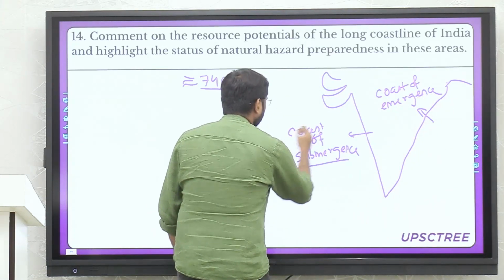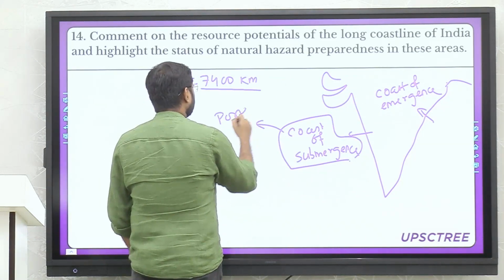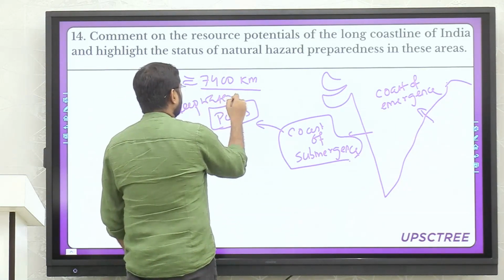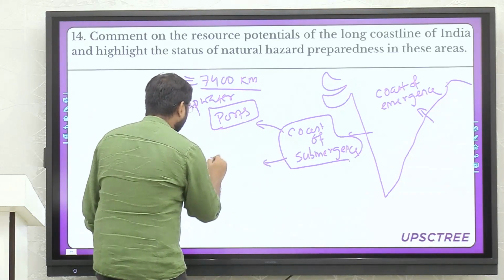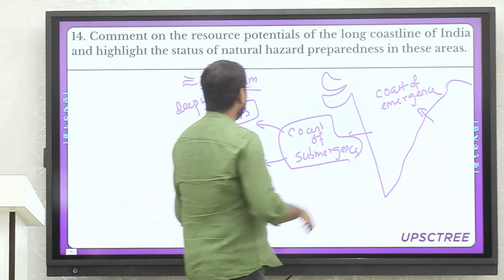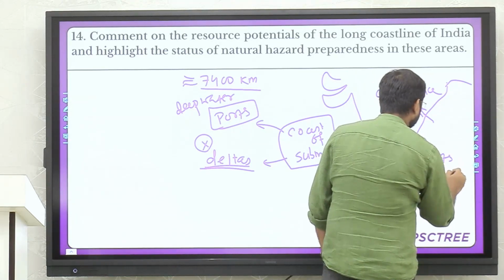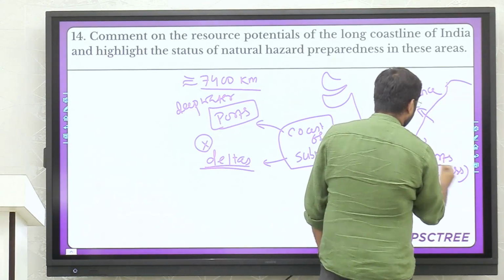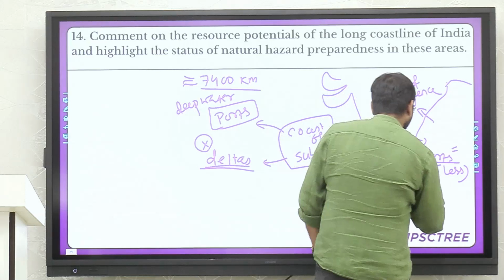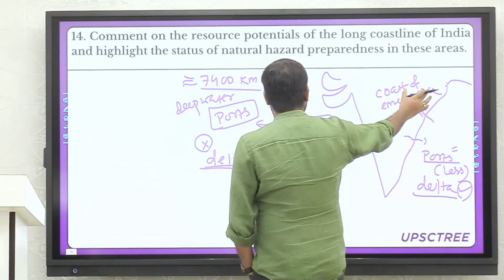Now because it is a coast of submergence, in the western coast we find a lot of deep water ports, but we don't find any deltas. So you can write over here, on the eastern coast we don't find many ports. The number of ports is less. We have Paradip, one deep water port, then Visakhapatnam, बाकी तो इतने सारे नहीं है ports. But here what we find is extensive deltas,